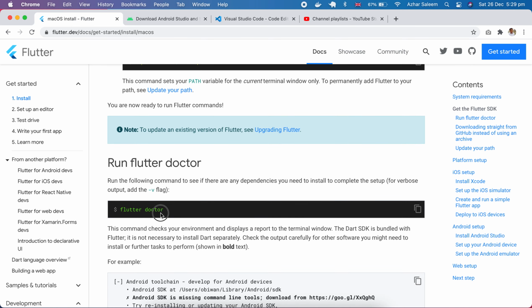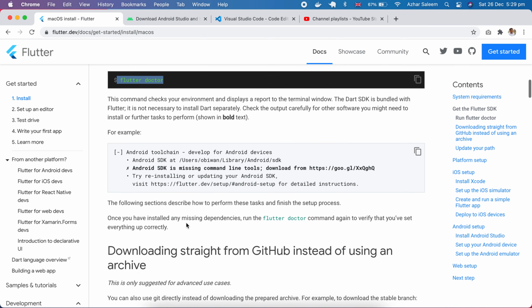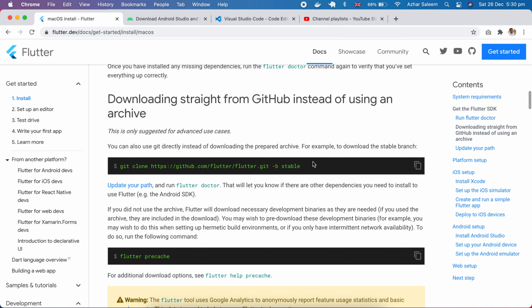and then run flutter doctor. After that is the cloning of Flutter from GitHub. I expect you know each and everything about how to install and set up Flutter on your local machine. I'm just giving the overview here. If you're facing any problem, if you don't know how to install and set up, please comment down on this video. I will create